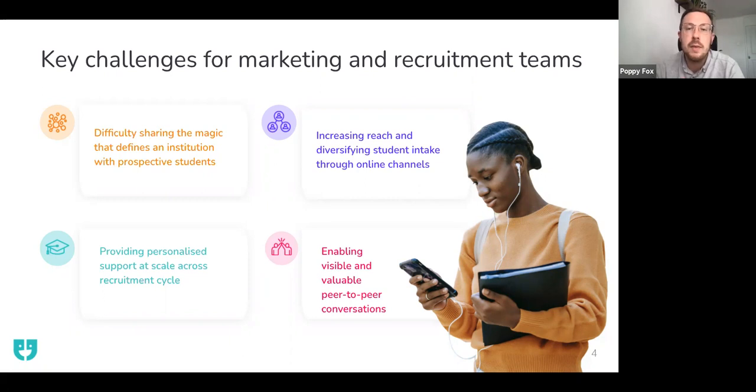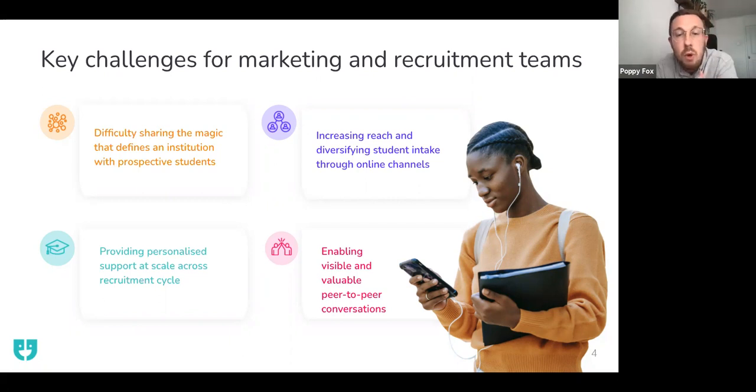And while social media can be a great source of student-led content and information, universities don't necessarily have a high level of visibility of these conversations. They can't necessarily see whether these conversations and interactions prospective students are having online are constructive, whether they're even getting a response at all, if reaching out to current students on LinkedIn or via Instagram. And also, they can't see who's reaching out to them. They can't identify or generate leads easily through these channels.